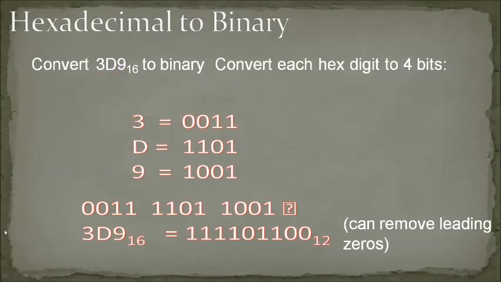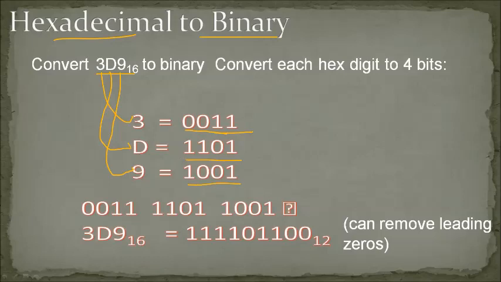Let's see an example of hexadecimal to binary. So now see the hexadecimal value 3 D 9. Based on these binary values, you can write it. 1 1 you will get, so you have to add 0 0, and this will be a binary value automatically. 4 digits will be there, since it is more than 10. So whatever number is more than 10, you'll get 4 digits. In the same way for 9, you'll get this value, right?